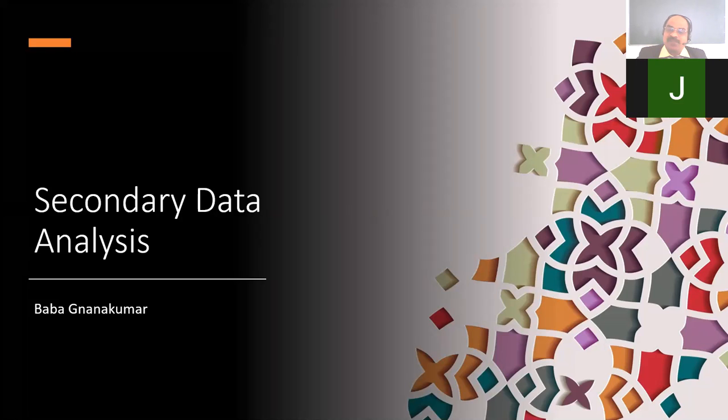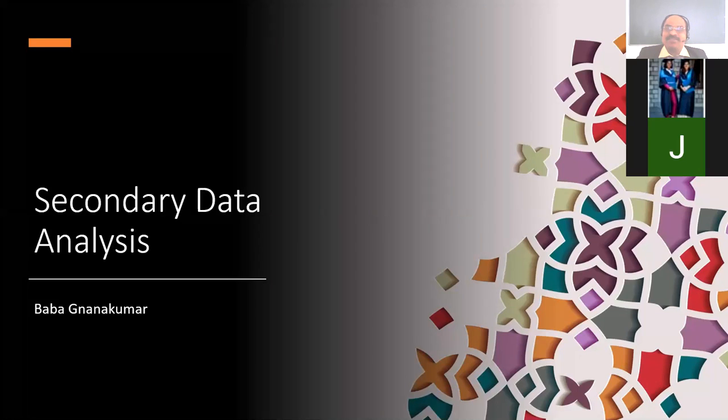Especially this is designed for the students who gather the secondary data. I hope you know the meaning of secondary data. Anybody from your side? What do you mean by secondary data? The data which we get from already available sources like newspaper, magazines, etc. Yes, good. So whatever she told, it is absolutely correct.